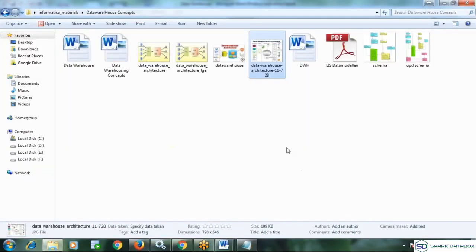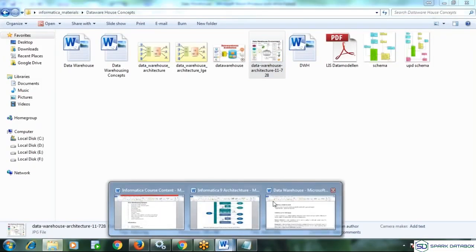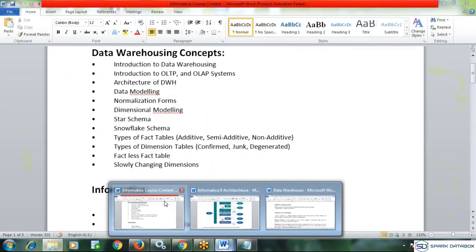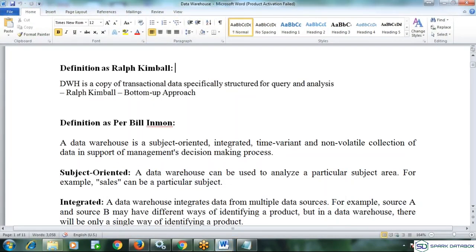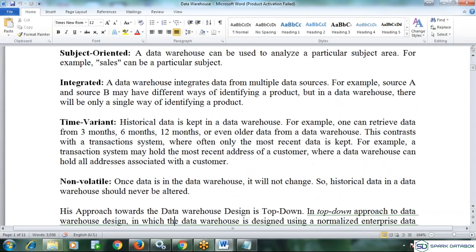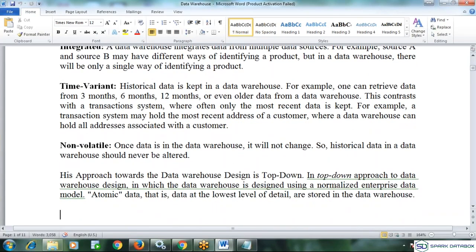But here, coming to the top-down model, first of all, I need to build a complete data warehouse. That means my aim is to build a data warehouse. To build the final data warehouse, I need to see the complete final view in a single shot. At the time of construction only, I need to see the final view of my house, right?